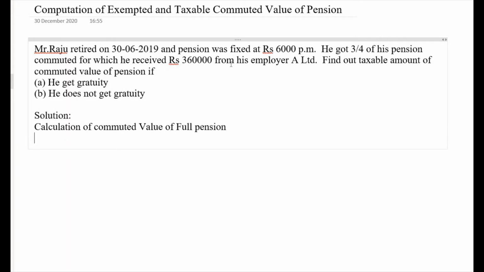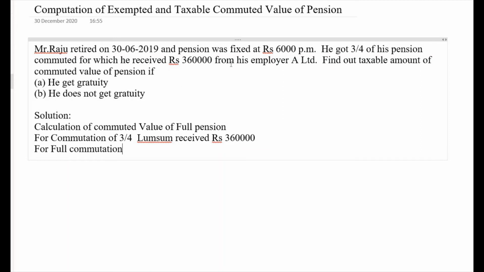So for commutation of 3/4, the lump sum received is rupees 3,60,000. So for full commutation, the lump sum received equals rupees 3,60,000